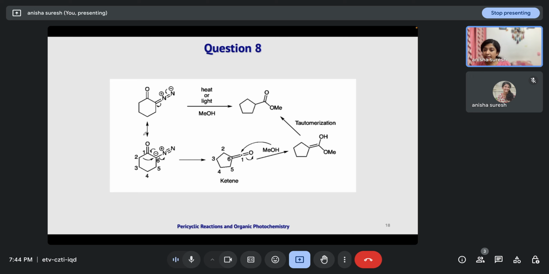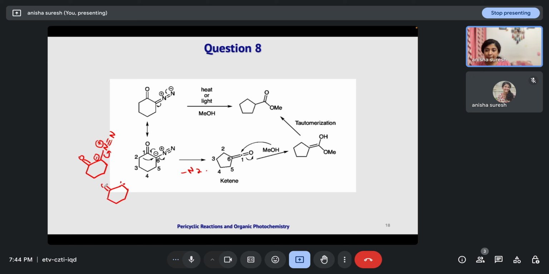So either it can proceed through a concerted pathway like this negative charge will fall here and this bond will shift here leading to removal of the nitrogen, or like this N, triple bond N, negative. So this will remove leading to